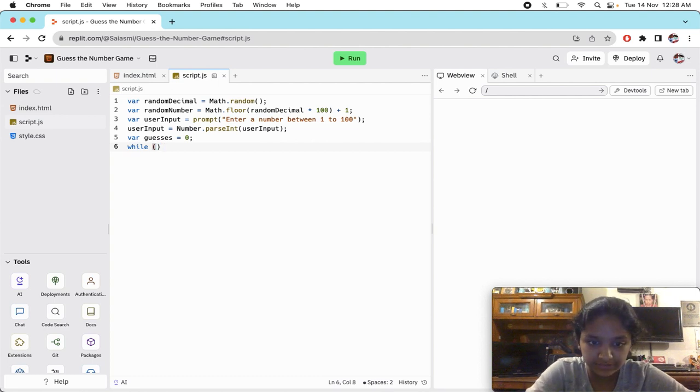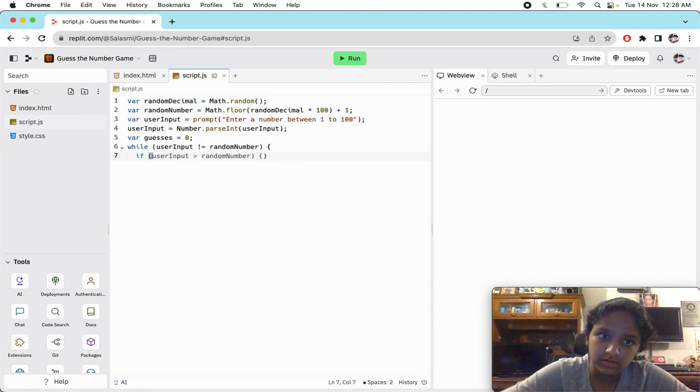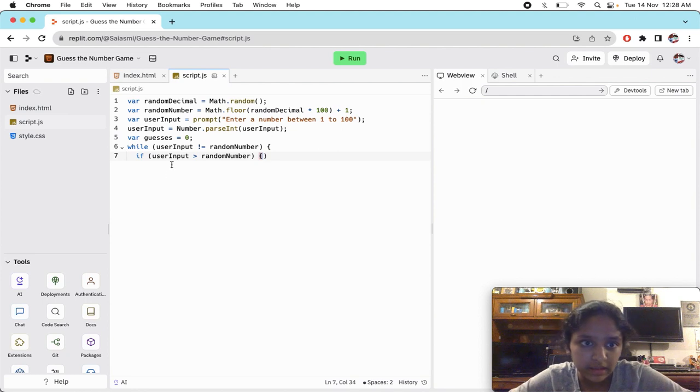While, let's say, user input, the number that the user has guessed, is not equal to random number. So what it should do is, if user input is greater than the random number. So see, what we are doing is, while we are putting a while loop, if user input is not equal to the random number, it will go in this while loop. Then it will see, is the number that the user has guessed greater than the random number? If